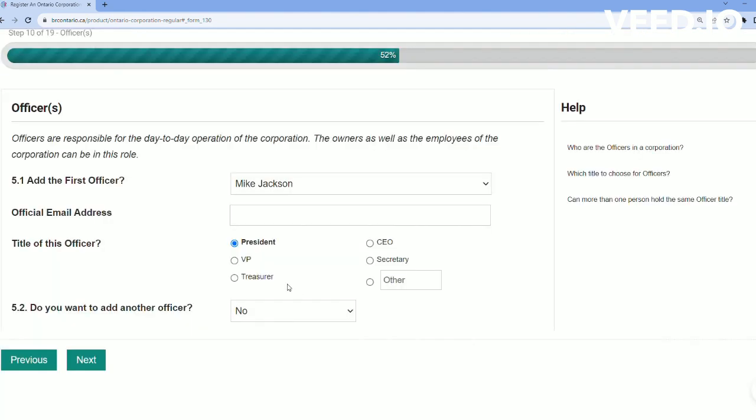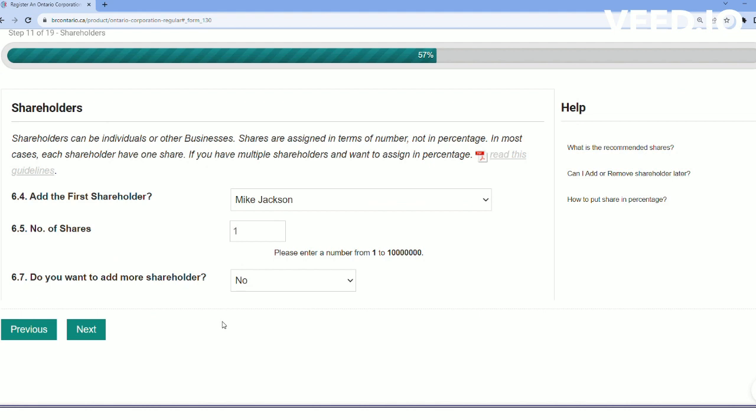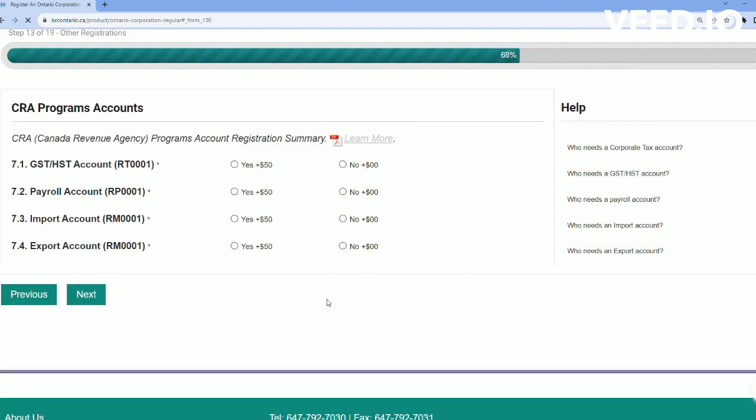Anybody can be an officer, including the employees. There are no specific rules governing officer titles. You may use any title that best describes the officer's responsibilities. A shareholder owns the corporation and receives profit from the business as dividends and shares. Shareholders can be individuals or other businesses. You can add or remove the shareholder at any time. Step 13 is to add CRA accounts,